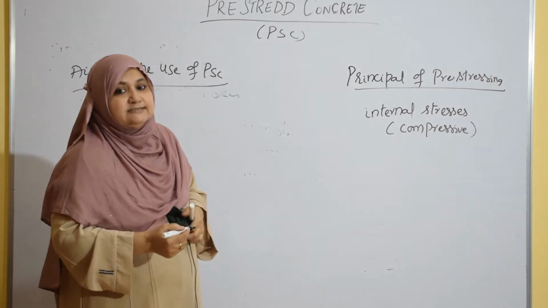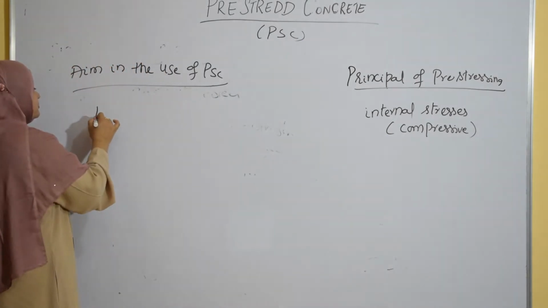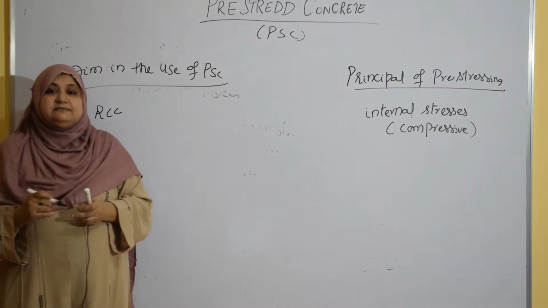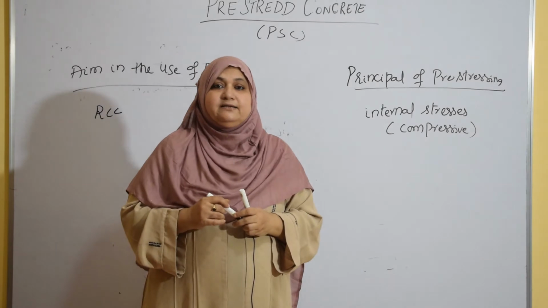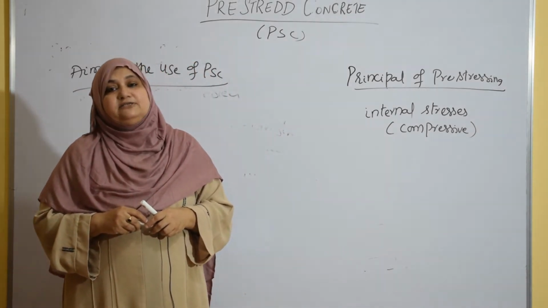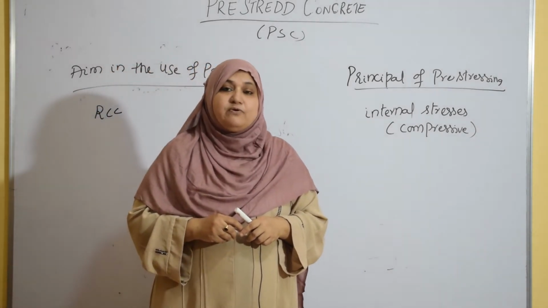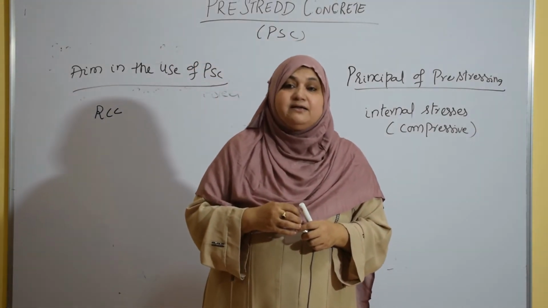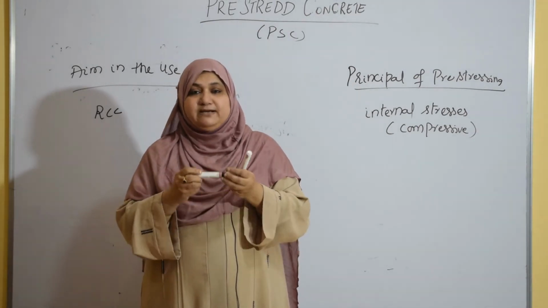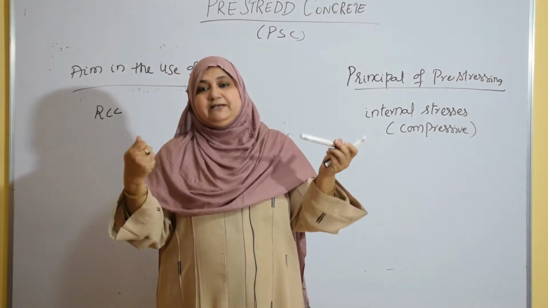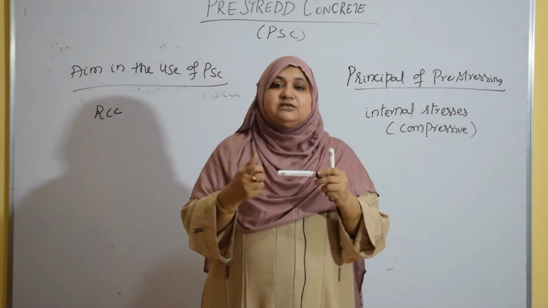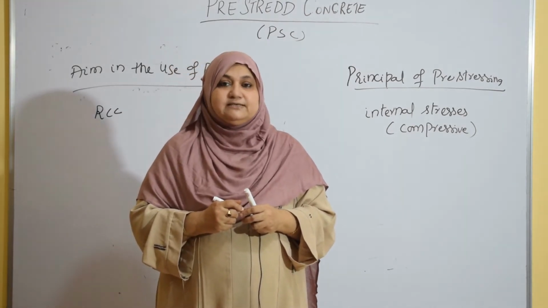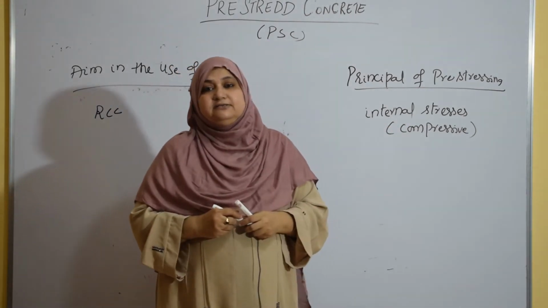Fine. So RCC member. So how are we going to introduce pre-stress in the RCC member? In RCC member, the pre-stress is commonly introduced by tensioning the steel reinforcement. Do you remember how you are going to introduce? It is an RCC member only. How are you introducing the pre-stress in RCC member? By tensioning the steel reinforcement. If this is a steel bar, we just pull it, stretch it, right? So by stretching or tensioning the steel reinforcement, we are inducing the pre-stress. That is, we are incorporating the internal stresses.